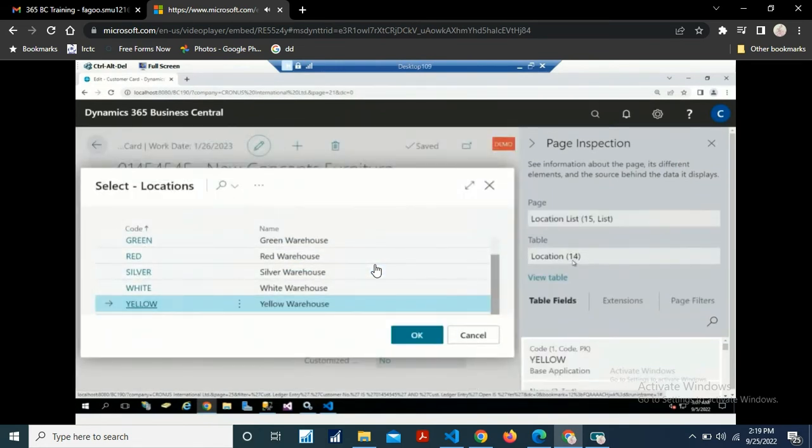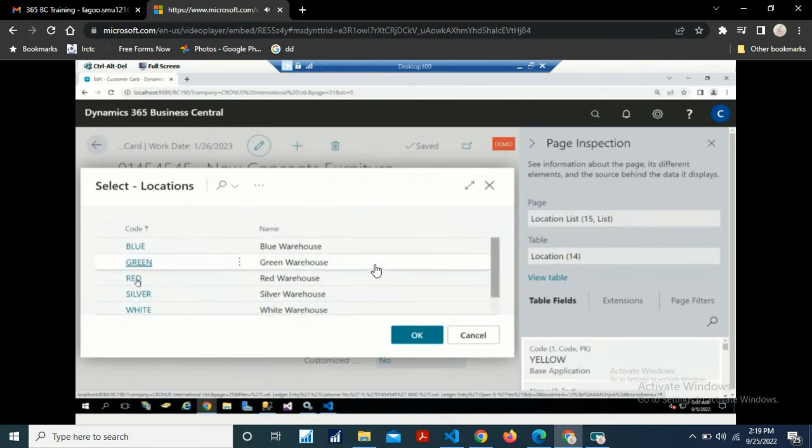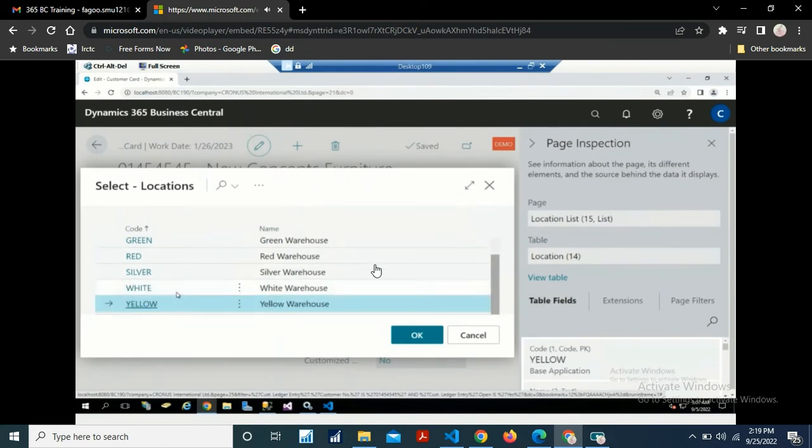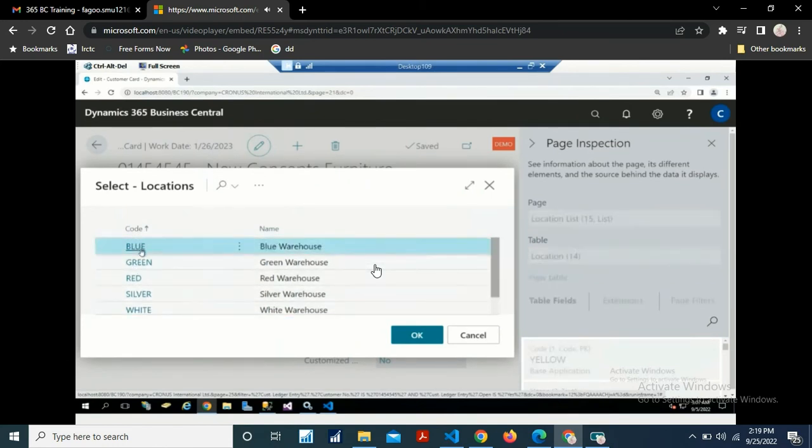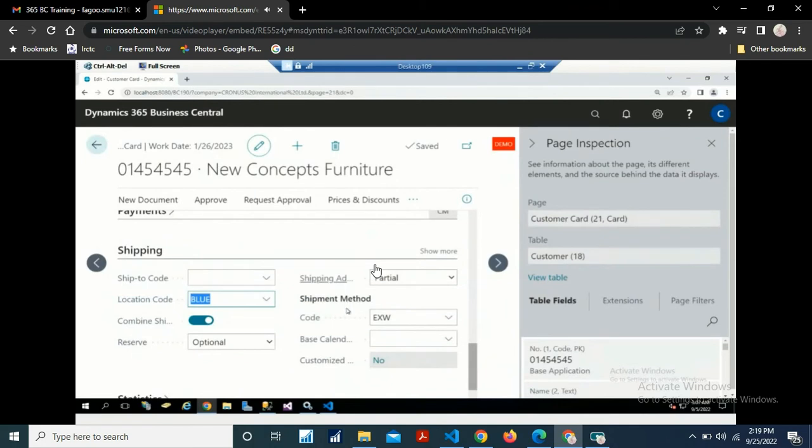This is my location table, but a table cannot show the values. So a page would show the values, and that we define in the lookup page ID, location list. Now you can see we have different locations: blue, green, red, silver, white, yellow. If I go to blue, you can see,